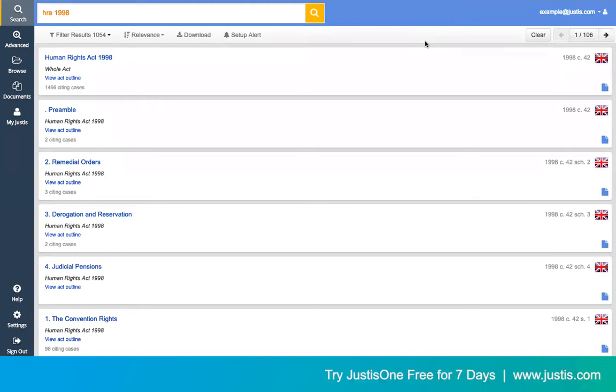I'm going to talk about the content we have for legislation. We have both local and private acts, but we do only hold content for UK and Ireland at the moment. That being said, we do reference cases from any jurisdiction that we hold content for, so you will be able to see if a case from, say, Canada or the Caribbean has referred to a UK